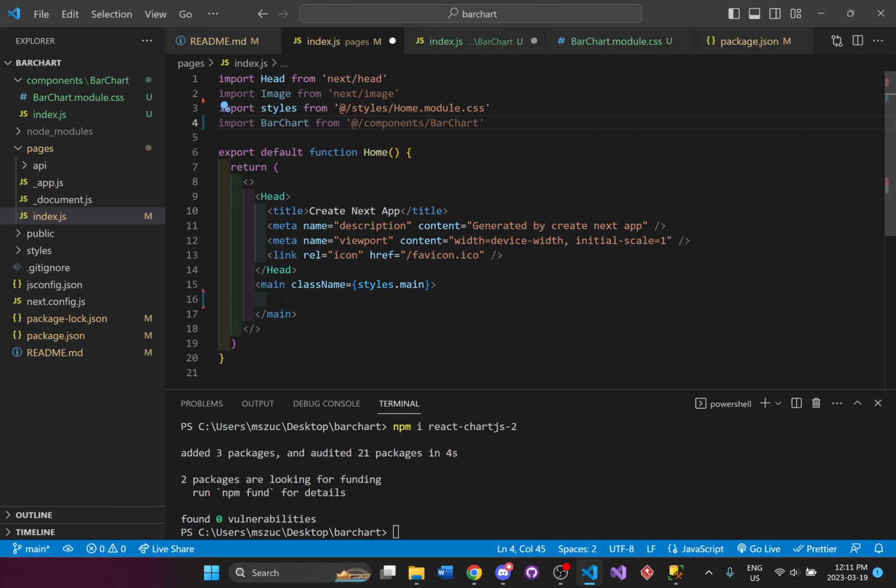And that's all because I have index.js. And that should be okay for right now.